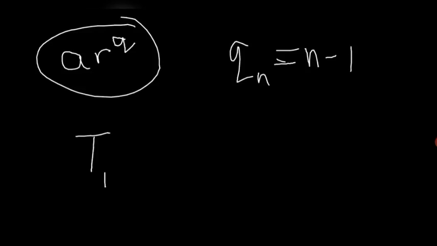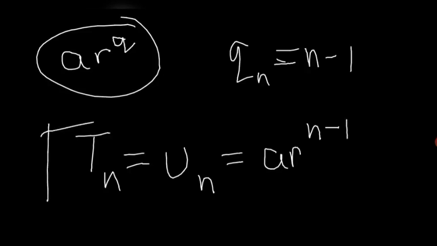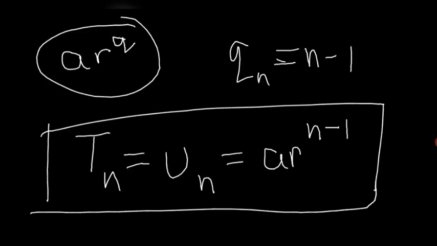So the nth term will be what? Q at the nth term will be nothing but n minus 1. So my nth term, or here UN, will be nothing but A R to the power n minus 1. N minus 1. Very important. Remember in AP also we did like that. Now in GP we are also doing like that. Understand this very clearly. Pause the video and do it again once if you can. So now let's do some sums to understand this.